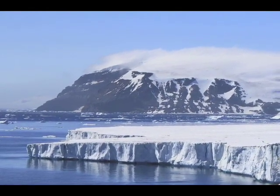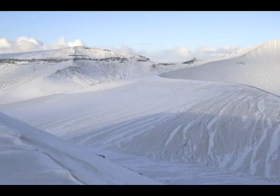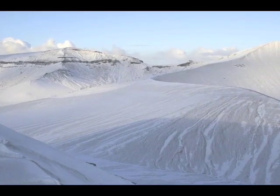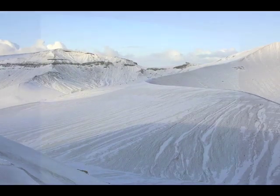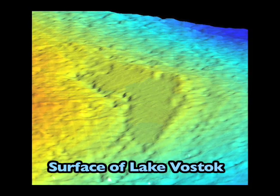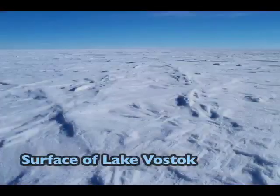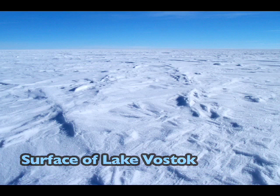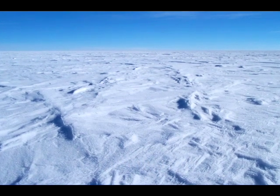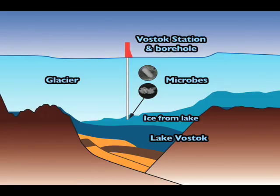Antarctica sits at the bottom of the world, a frozen land buried in ice for millions of years. Deep under this ice lies Lake Vostok, a freshwater lake about the size of Lake Ontario. Sealed off from the outer world for millennia, the lake is freezing, lightless, and subjected to crushing pressure nearly 400 times atmospheric pressure. In 1998, a joint U.S., Russian, and French team drilled an ice core down almost to the